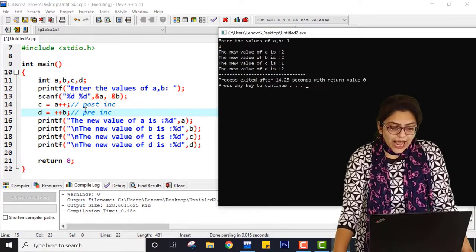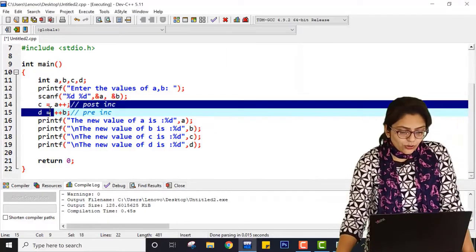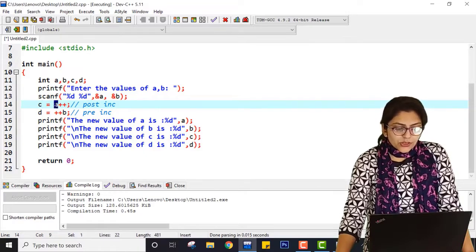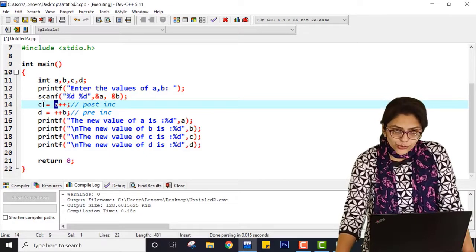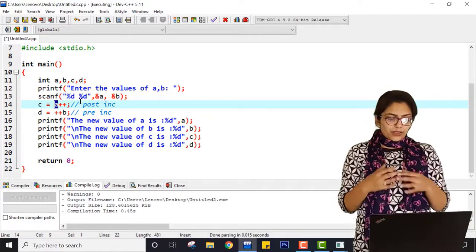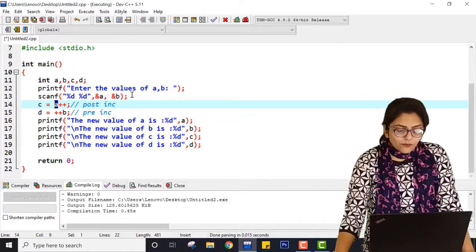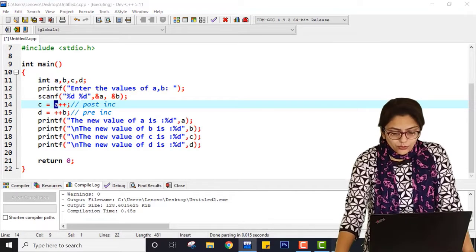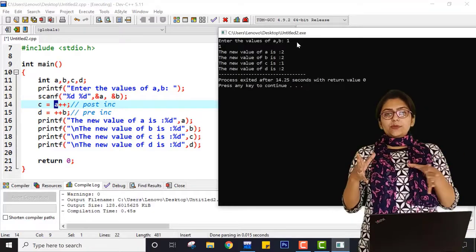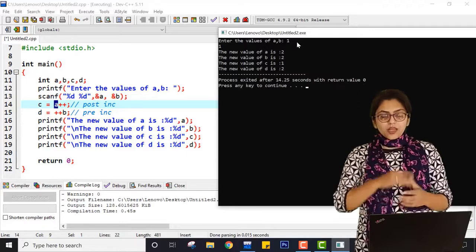Now, whenever I am using post increment, that means I am assigning the value of A to C. Post increment means first the value of A is assigned to C and then it will be incremented. So here two actions are implemented. First assignment is done and then incrementation. So right now the box of A carries the value 1. First this is assigned to C. So now C has the value 1. Then